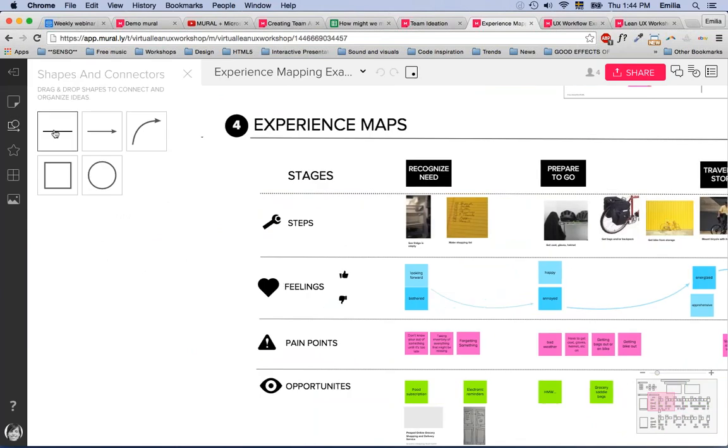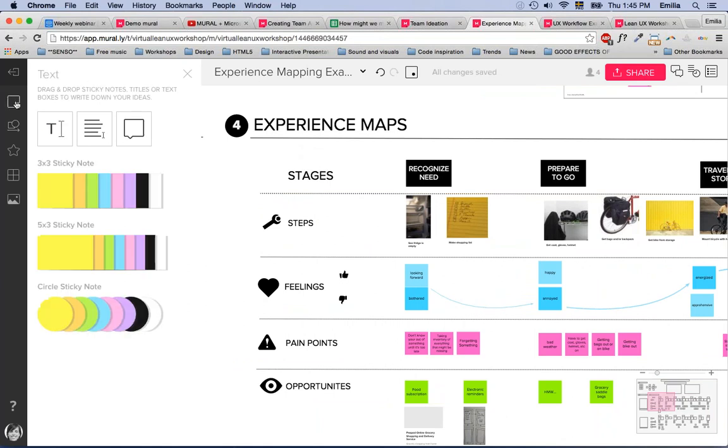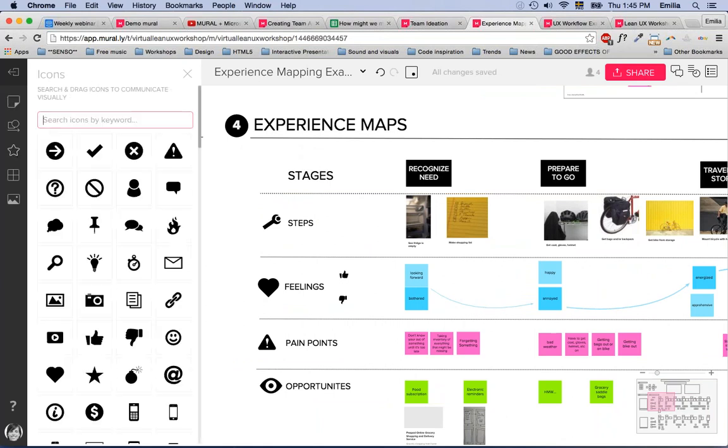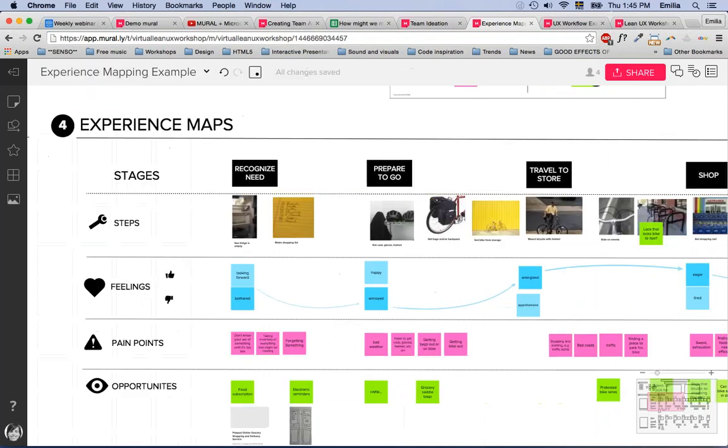In order to build this, I just drag out a couple of different lines. I can make them larger. And we used a couple of text tools and titles, and we added some icons to make it more visual. And then in order to create the actual experience map, we've been using sticky notes to add titles